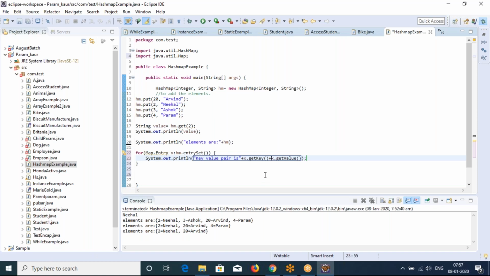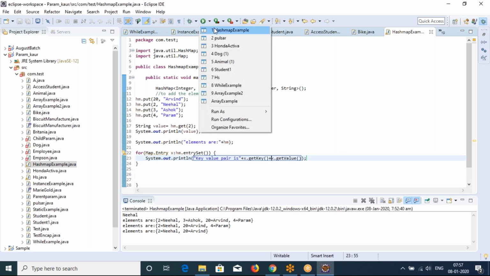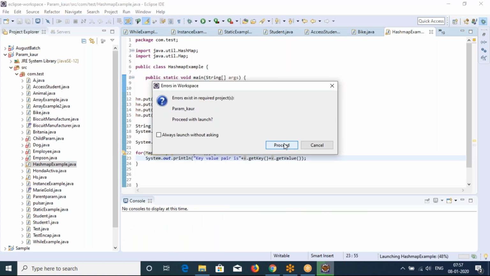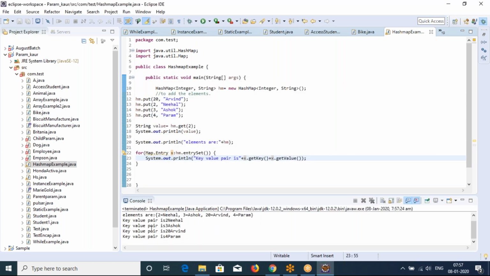Let's quickly see what we printed. Okay, but we need to have some... Yes, what do I do?